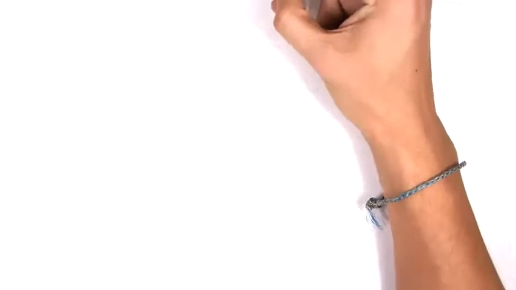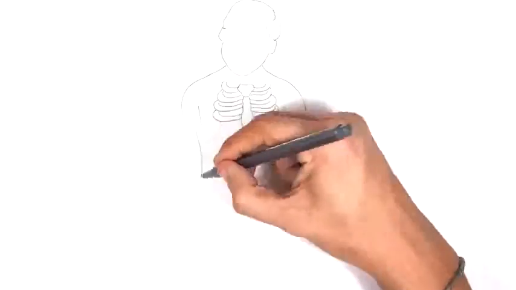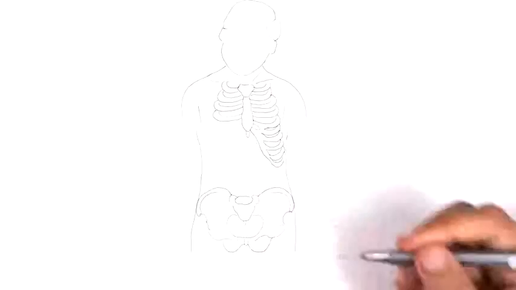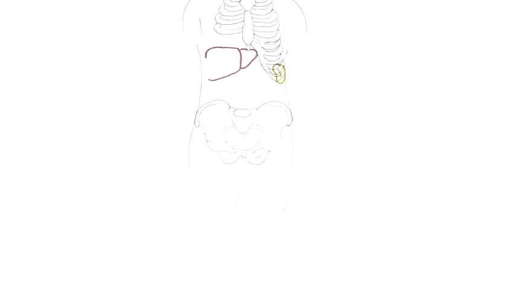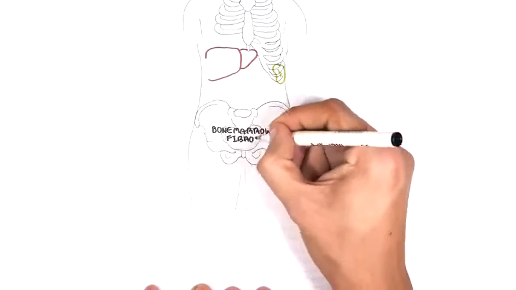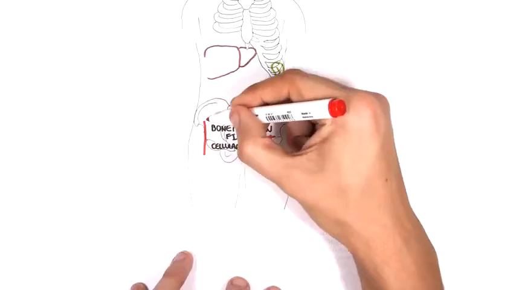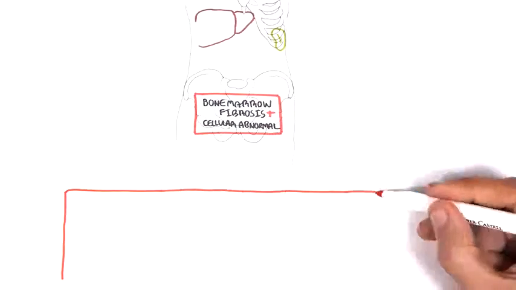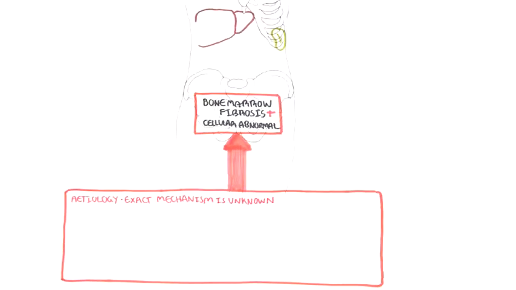Keeping these bone marrow fibrotic changes in mind, let us focus now on the pathophysiology of myelofibrosis, and it is quite an amazing story. So here is the same person who has primary myelofibrosis. Here is his liver and spleen on the left, below the diaphragm. In primary myelofibrosis, there is bone marrow fibrosis with cellular abnormalities within the bone marrow. The etiology or cause of these changes is not exactly known, but however, there are several factors that have been